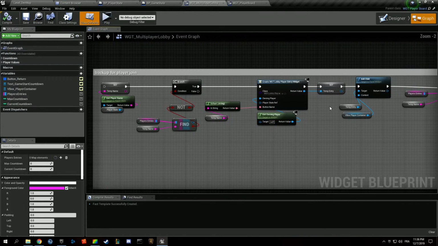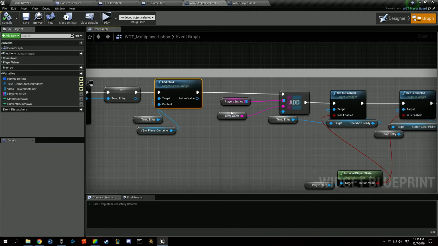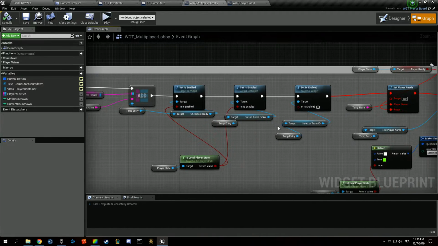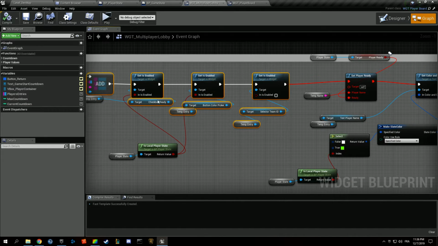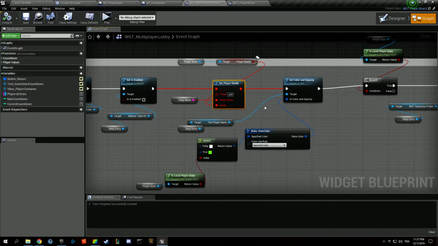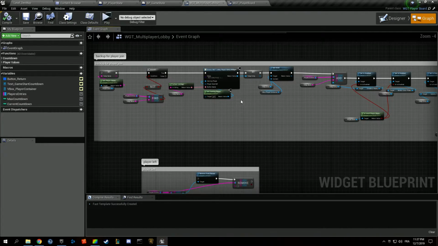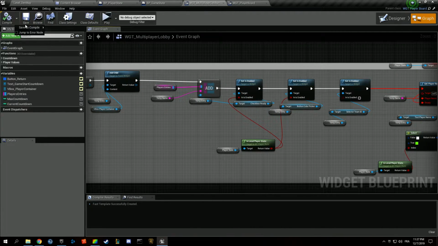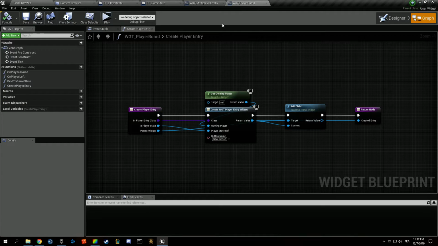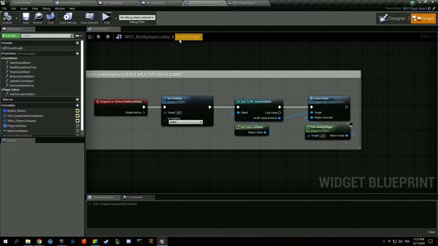We're gonna check what else we need. I think the multiplayer lobby has the logic we need. So we were storing this, we were adding it, so that's what we did. And that logic is going to be handled now by the entry itself. Maybe we're going to need to store them indeed. Set players ready. So a lot of that logic is going to be handled by the entry itself, which sounds way more logical. So I think we can be calling create player entry when we have a player